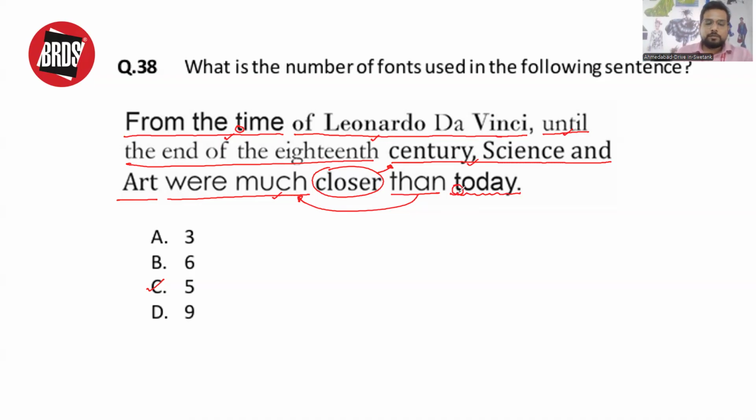So you may raise the objection for this question, where the answer could be 6 also, where this may be considered a different font. But I would go with 5, where these are the different 5 fonts over here. Now moving ahead to the next question, which is